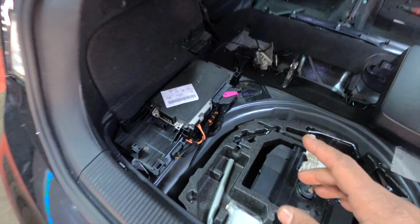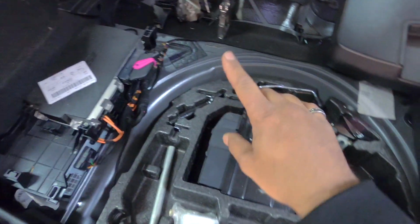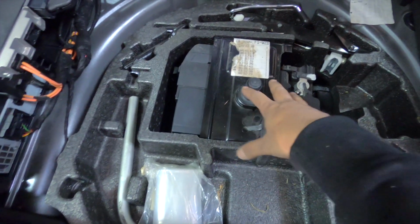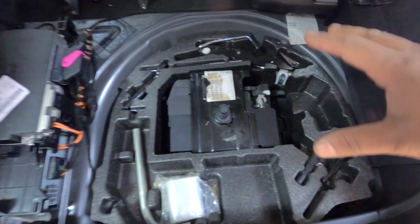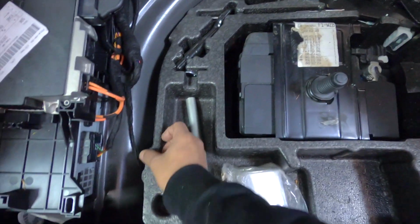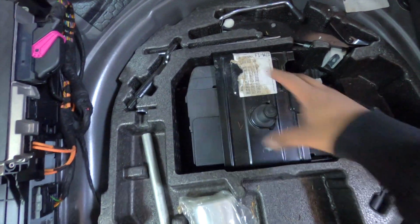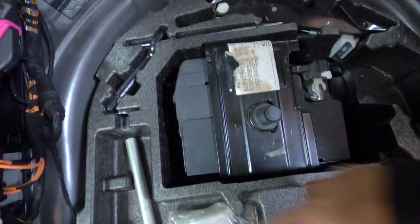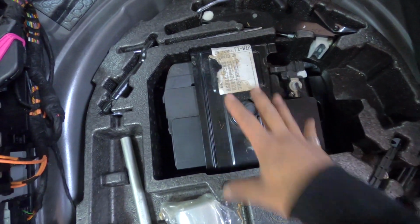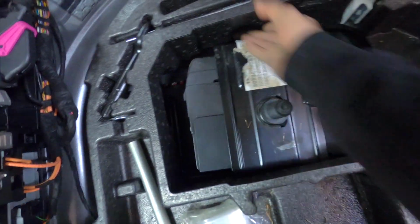So I wanted to show you guys something real quick. That's the Bose amp there, and that's all wired in, that's all working perfectly fine. And the Bose sub should live here beside the battery. Now, my car had this toolkit, this foam toolkit that sat deep in that battery well, and as you can see, it shapes itself around the centerpiece here, the battery. But if I remove this real quickly for you guys,